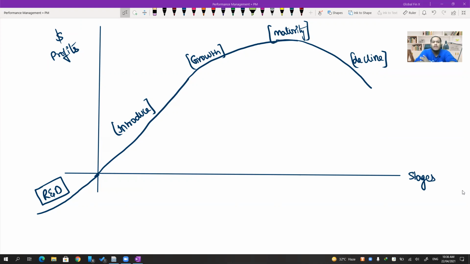Now, please understand, under all our traditional costing techniques, call it marginal costing, absorption costing, ABC costing, any type of costing that we are doing, we are taking material cost, labor cost, production cost, variable overheads, fixed overheads. All these costs are incurred during the production phases, right? During these phases only we incur this material, labor, and all that cost. But if you understand really, sir, mostly 80% of the total cost of a product is incurred at the phases of research and development only, isn't it? Majority of the cost we incur during research and development only. Once a product is finalized, it doesn't cost us much to produce that.